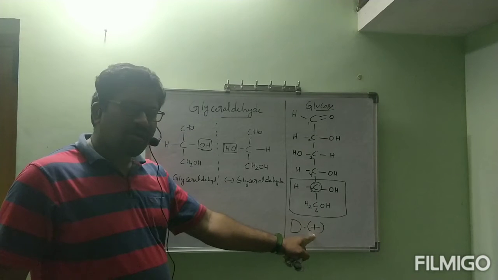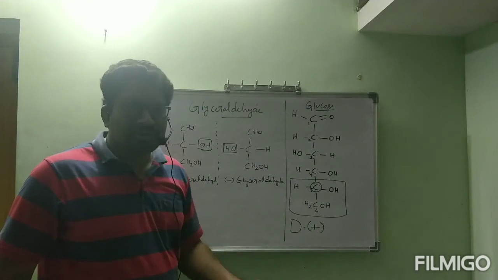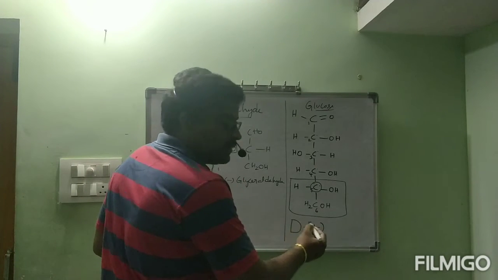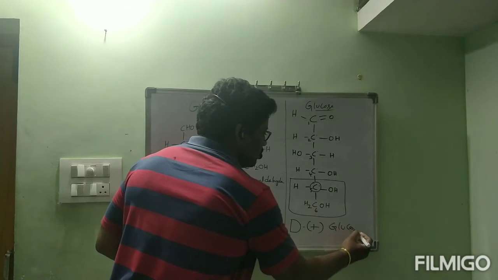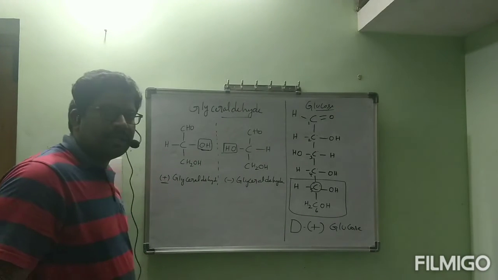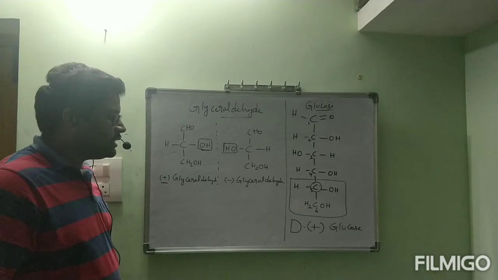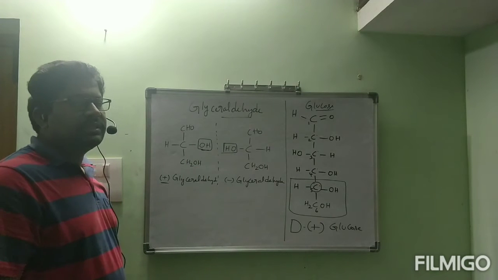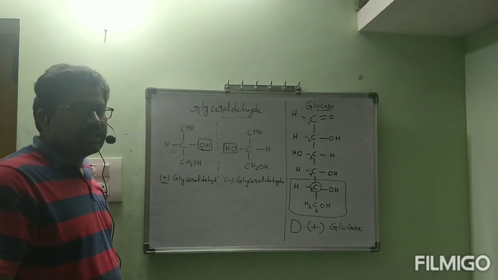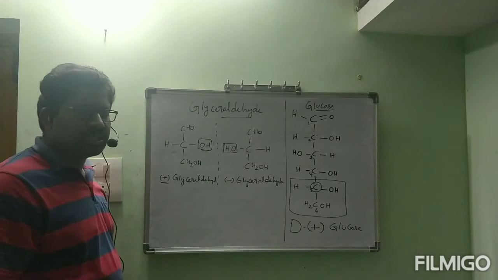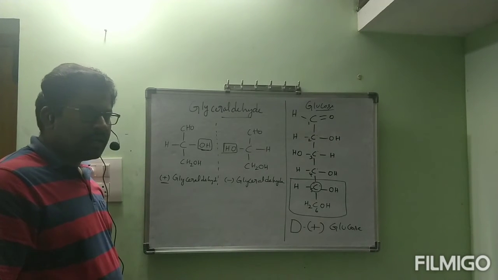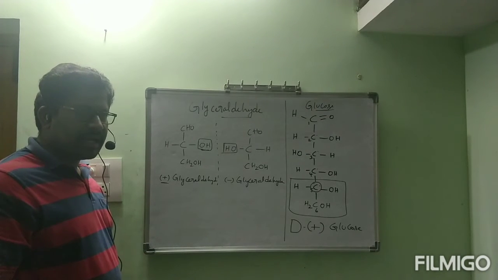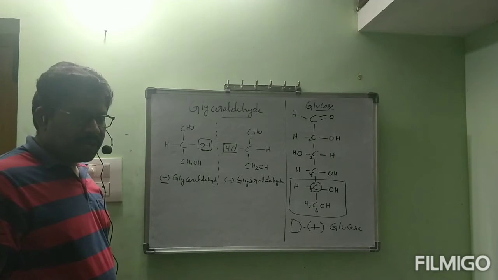Next, coming to plus. This plus is nothing but that this glucose is dextrorotatory, that's why it is called plus. Now the complete name of glucose is capital D plus glucose. Capital D is relative to glyceraldehyde, plus is dextrorotatory glucose. That is the name. Is it clear? Now finally, this is about the structure of glucose we obtained. Depending on these, we can write the structure of glucose, saccharic acid, and even gluconic acid also.